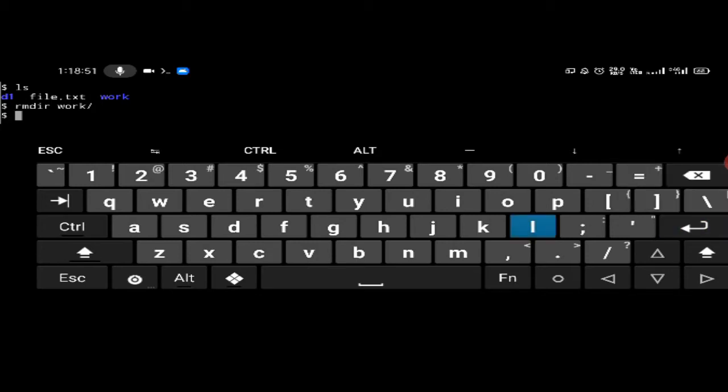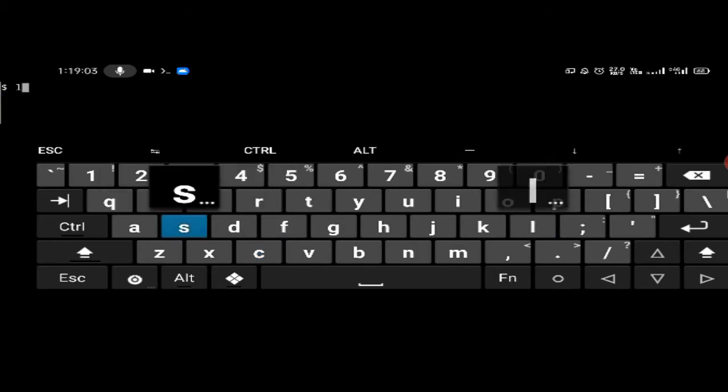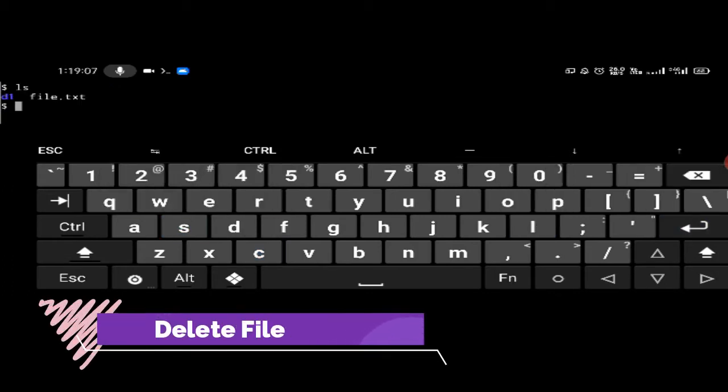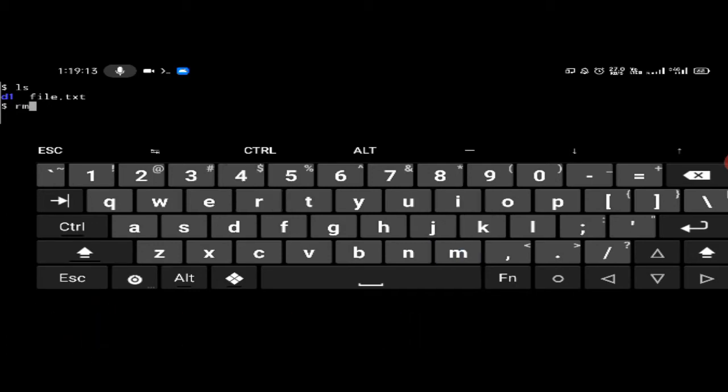Press enter, and the directory will be deleted. If you want to delete the file, then simply type the command rm space file name. The file name will be file.txt, and press enter. Now check, the file will be deleted. Okay, so clear the screen again.